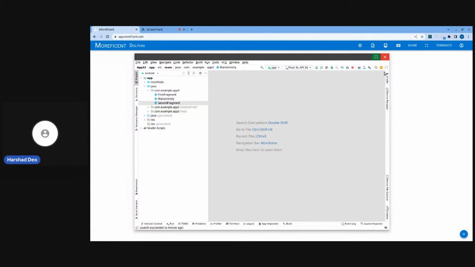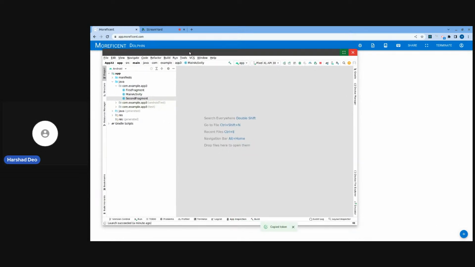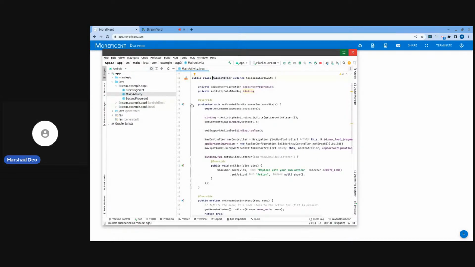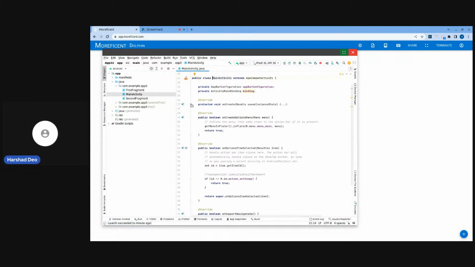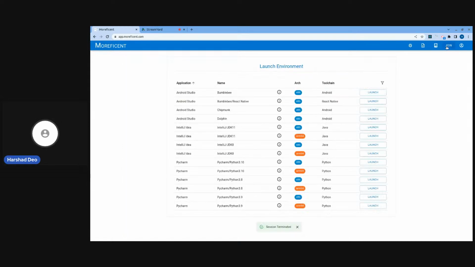The second major benefit is in terms of collaboration. So I can share this token and multiple people can edit this at the same time. The major benefit over something like Hangout, Screen Share, or Zoom is that, again, the UI updates are immediate because there is next to no lag if multiple people are editing at the same time. So that's two. The third major benefit that we offer is in terms of standardized build environments.